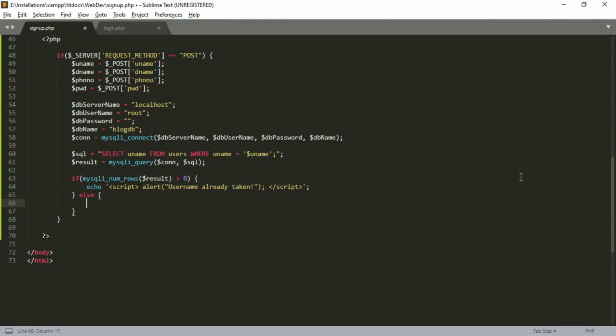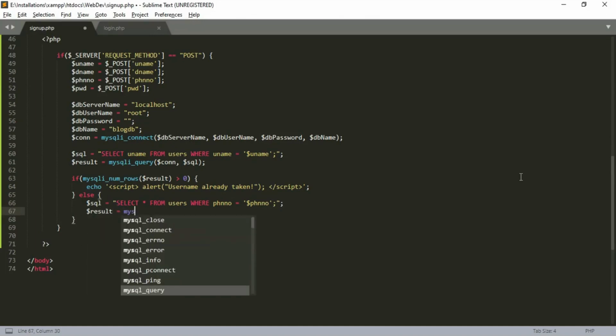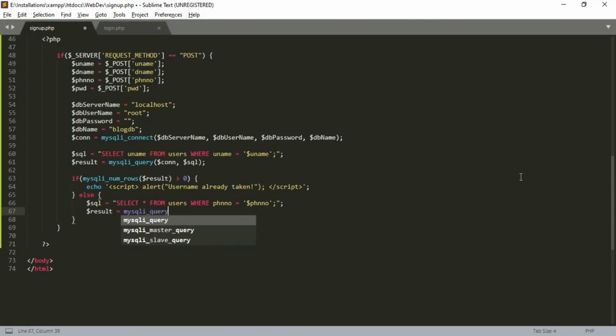Do the same thing that we did above. $sql equal to select star from users where phone number equal to phone number. $result equal to mysqli_query of connection, sql.